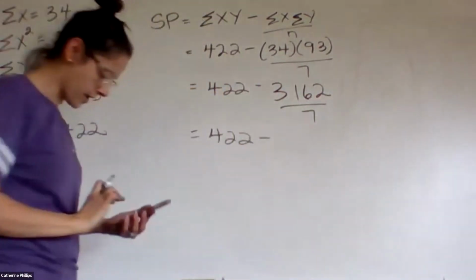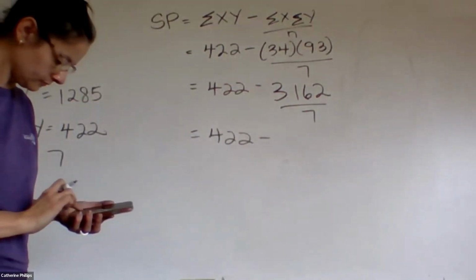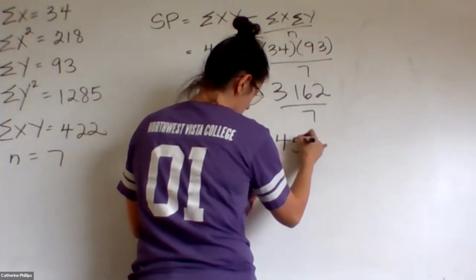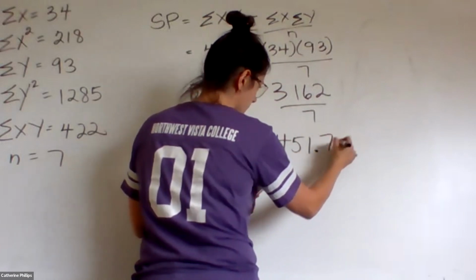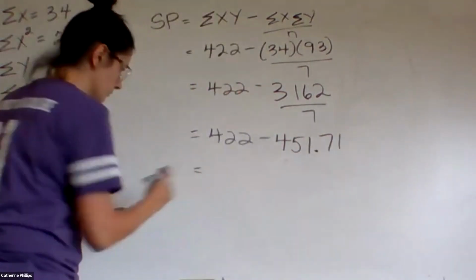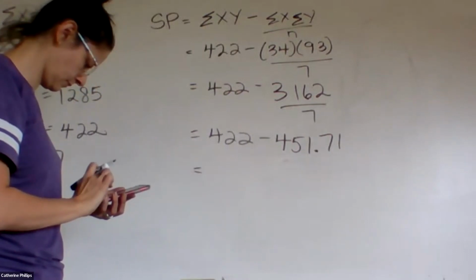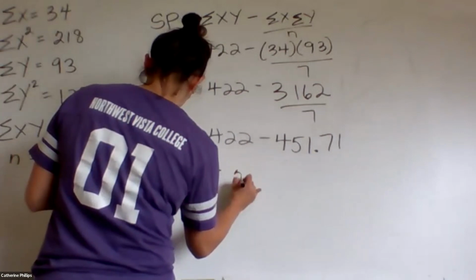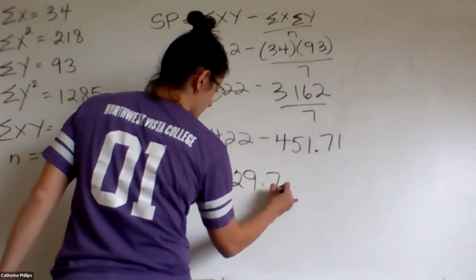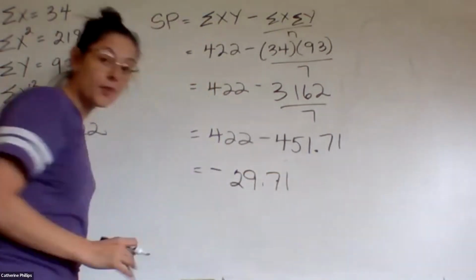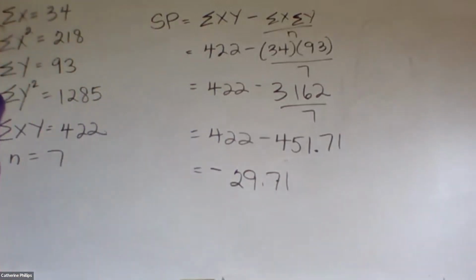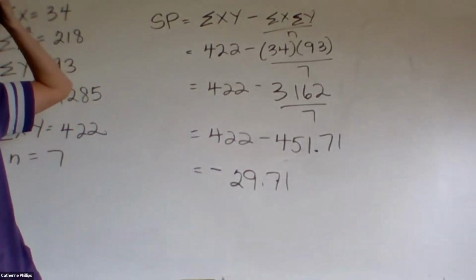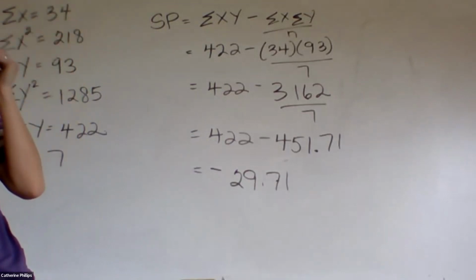422, subtract 451.71, which is negative 29.71. What that tells me is that when I do end up fully finishing and calculating R, that R is